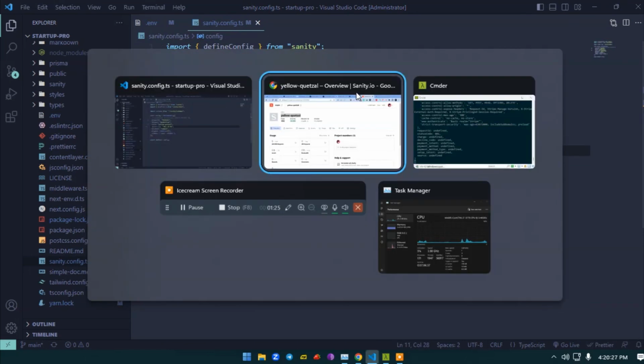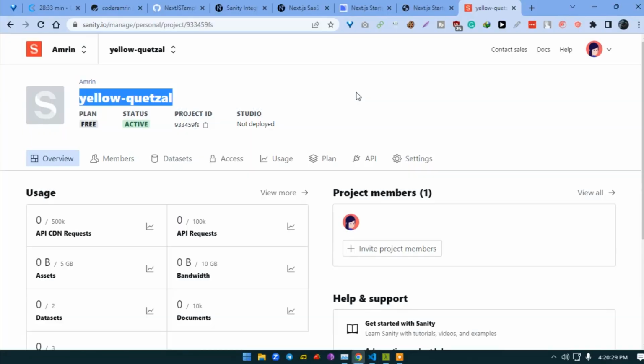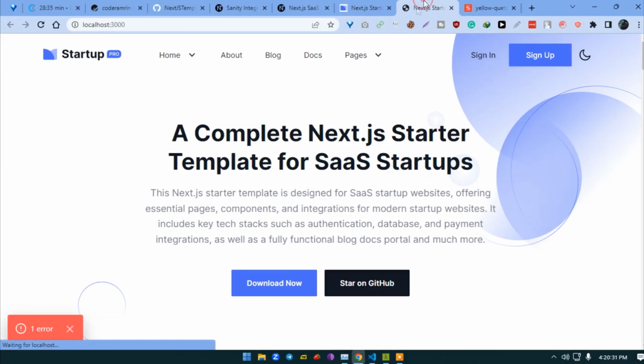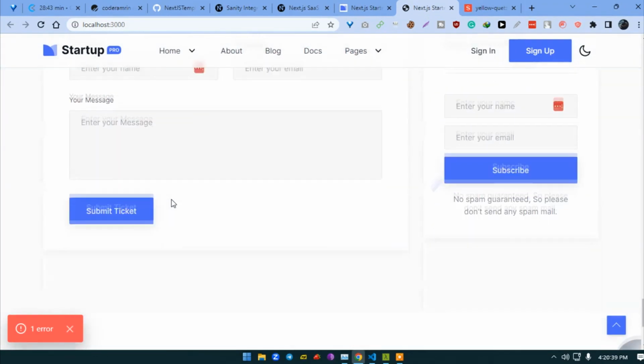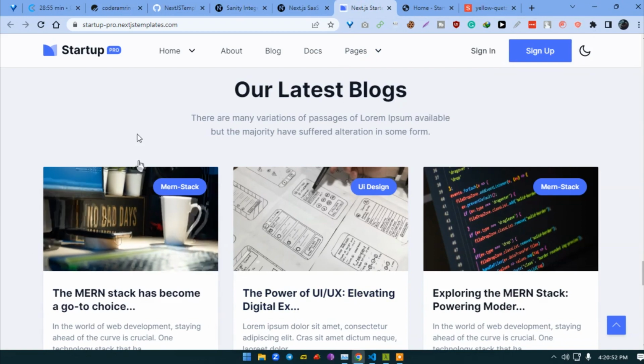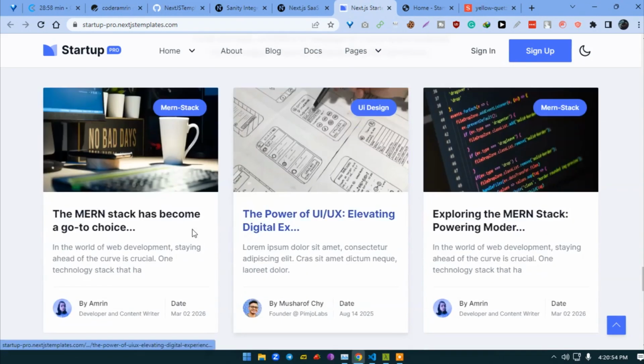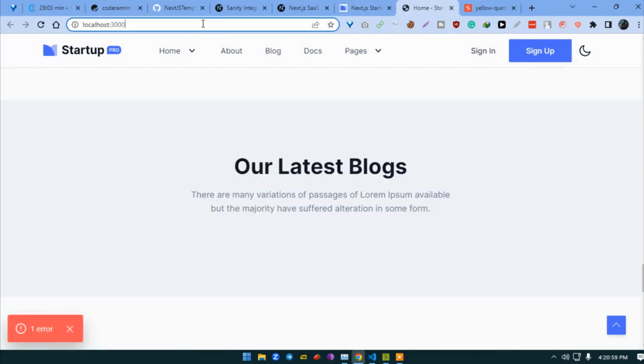So now let's go ahead and see if we are getting the error. No, we are not getting the error anymore, but our blog section is empty, as you see. So for it to look like this, I'm going to add 3 blog items. Let's go to